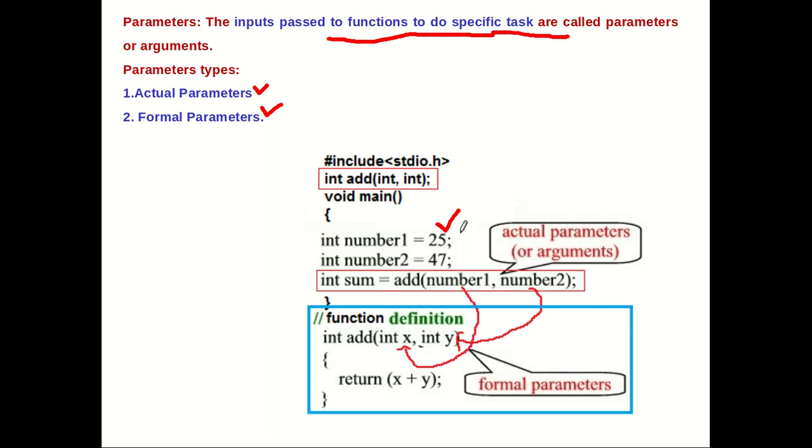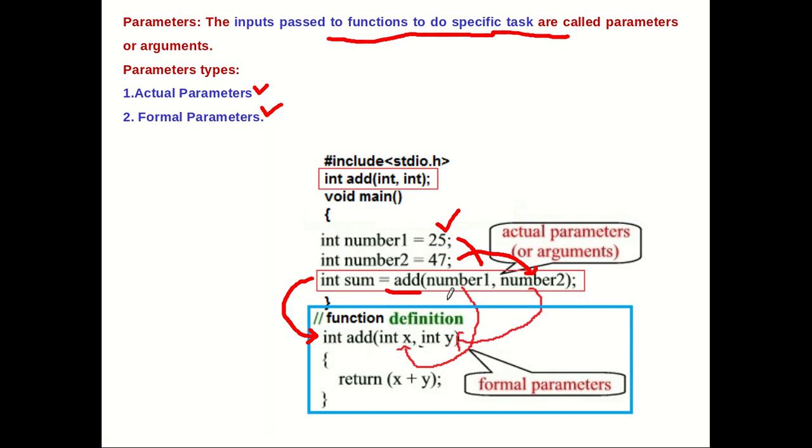After these two statements, we are calling a function named add by passing these two parameters, num1 and num2. Whenever this function is called, the control will jump to the function body. This rectangle shows the code which is the body of the add